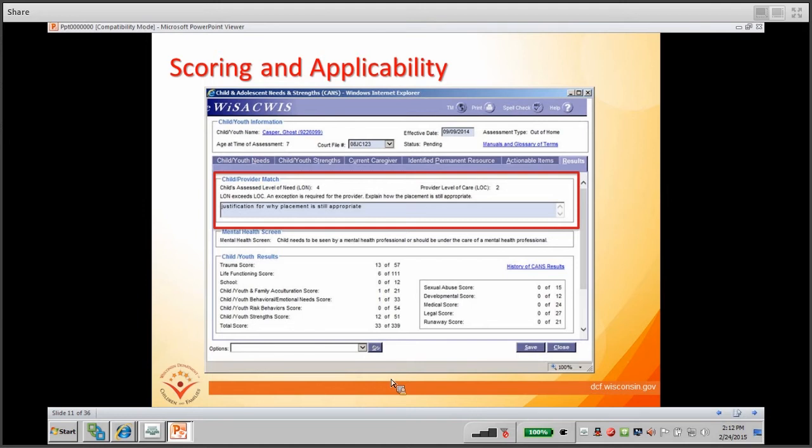What you're going to document here is what supports and services you're putting in place to support the caregiver in addressing the needs of the child that is placed with them. That could be training, respite, additional services put into the home, or a variety of other things you're going to do to support that caregiver with that child. And again, we're going to go into a little bit more on this in a few minutes.